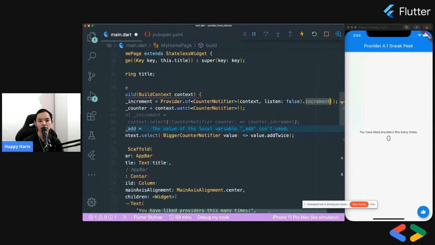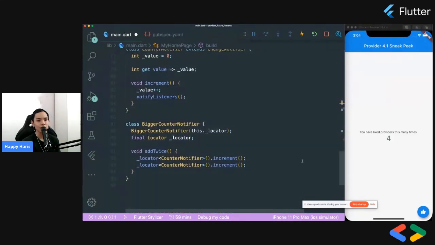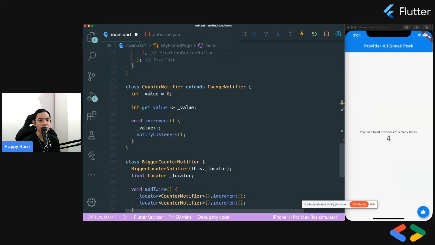Okay, before I explain the new things in the provider package, I will just explain to you what this app is. It's a simple counter app. If you click on it, it will just increase accordingly. So I use ChangeNotifier for me to have this interaction. So inside my counter notifier over here,